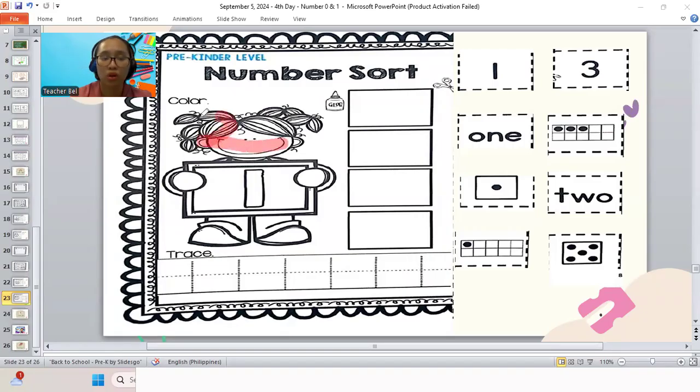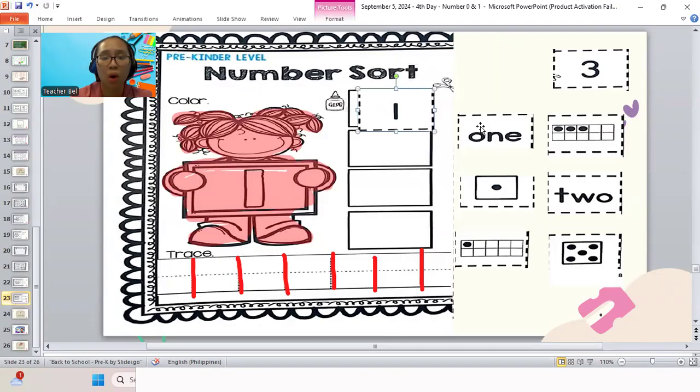I am going to start coloring for the girl. Again, if you feel like teacher is very fast in this video, you can pause it, play it again once you're done. I'll color for the girl. Let's continue coloring. Try not to go out of the line. We have our number 1. Remember, this is number 1. And then we get to trace for number 1. Straight line down like the stick on the ground. We have our number 1. This is 1. Then I want you to paste for number 1.